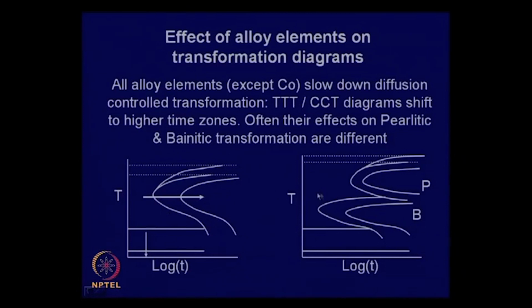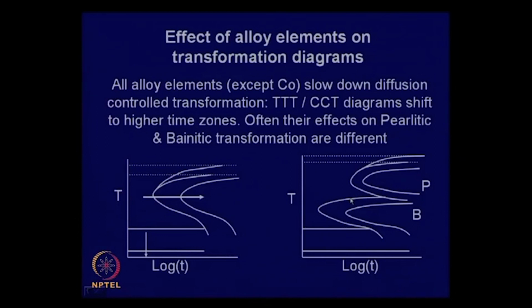Similarly, it is also possible that this alloy addition will affect both pearlitic and bainitic transformation, this kind of eutectoid transformation, high temperature eutectoid and low temperature eutectoid transformation. Pearlite is a high temperature eutectoid transformation, bainite is a low temperature eutectoid transformation, and these are affected differently. Particularly, let us say with chromium, this slows down pearlitic transformation, but not bainitic. So, in this particular case you get another kind of Bs